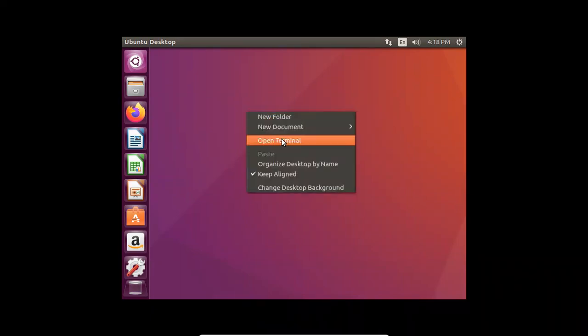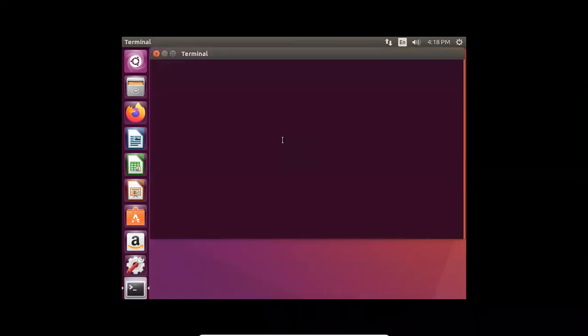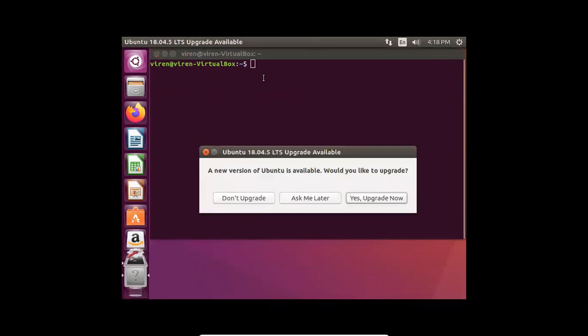So here is the screen. Right click and I'll go to open terminal. My terminal is open. Now what will I type?